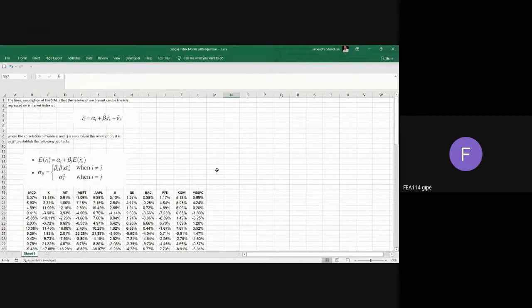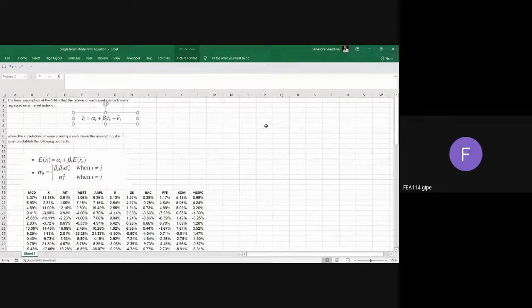So in situations like this, or if you want a simple way of calculating variance covariance, we apply this simple index model. This model relies on this formula: return of any asset equals, this is basically a regression equation, the intercept, which is like the excess return, plus beta times the market return, which is x, the independent variable, and epsilon, which is the error term. So basically we assume that all assets in our portfolio are giving you return in some